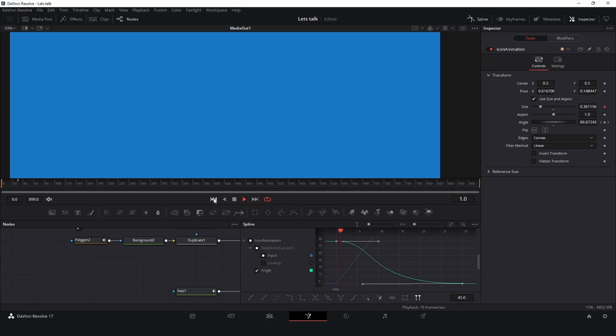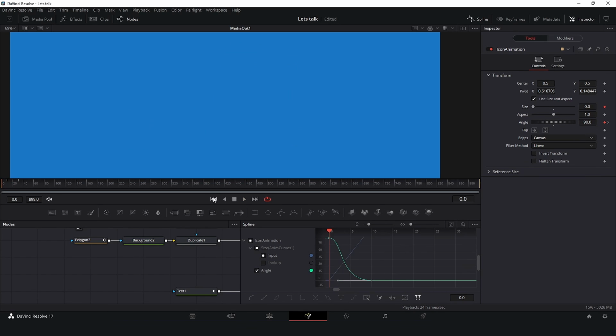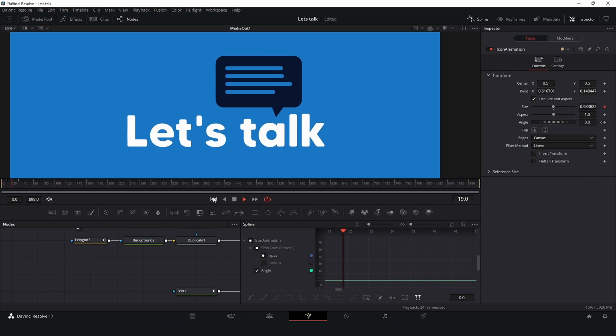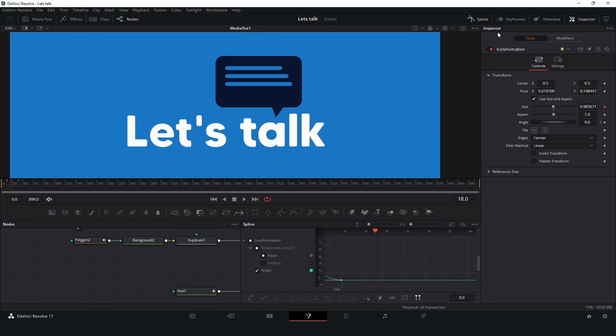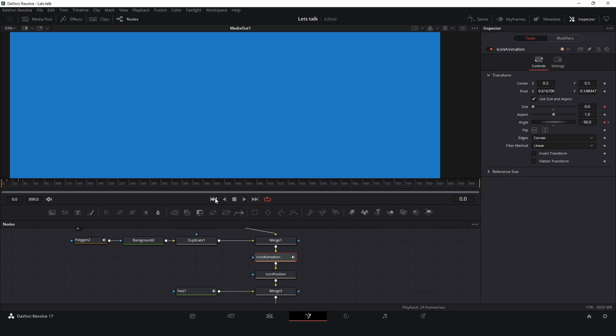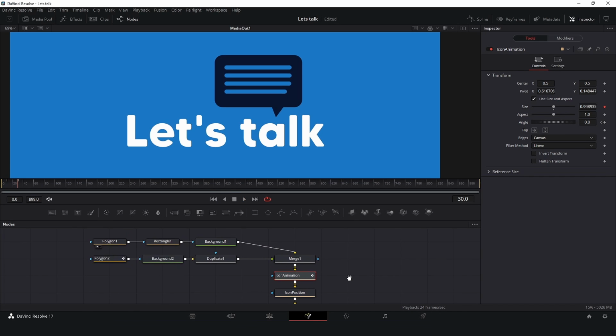Let's see what's happening. And it's too much, it's too long, so just select the last keyframe, press Shift, and just move, something like this. Let's see. Okay, much better. Close the spline, and now we have the icon works, so perfect. But now something I would like to add here, so you can see everything happens at the